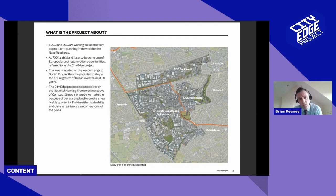I suppose the real reason we're looking at this project and the work that's been done to date is this whole issue, in terms of planning policy that we have in Ireland at the moment. We have the National Planning Framework, which supports the whole concept of brownfield consolidation. And effectively, areas like this on the Naas Road have been earmarked as a potential